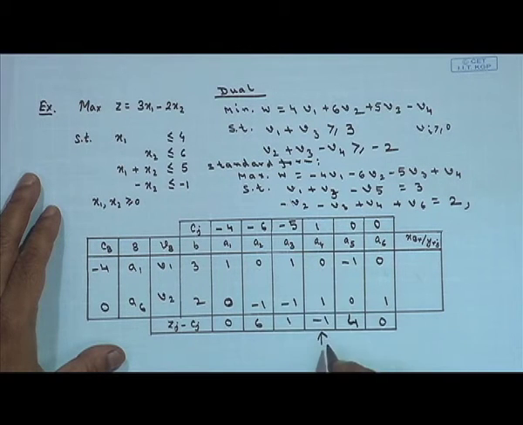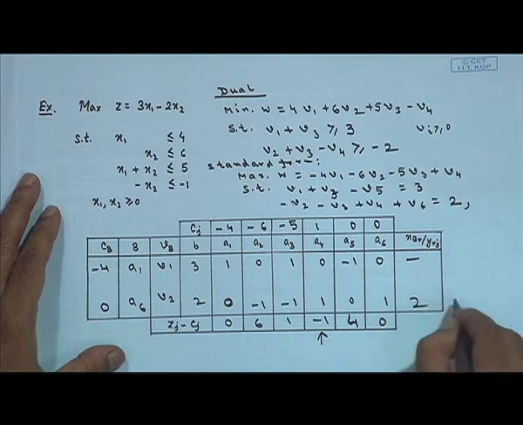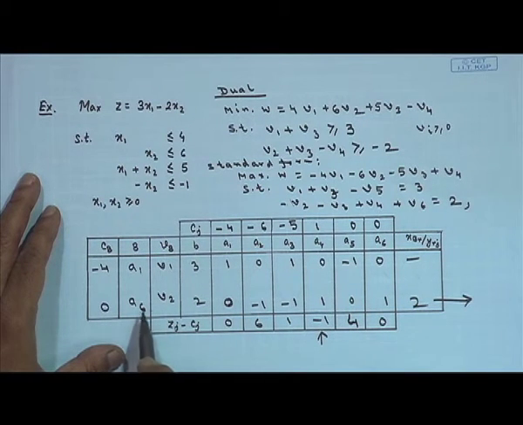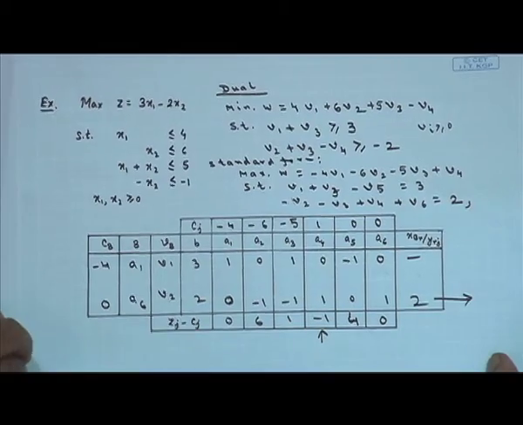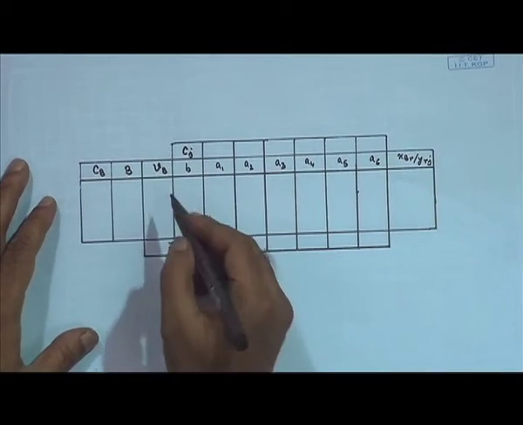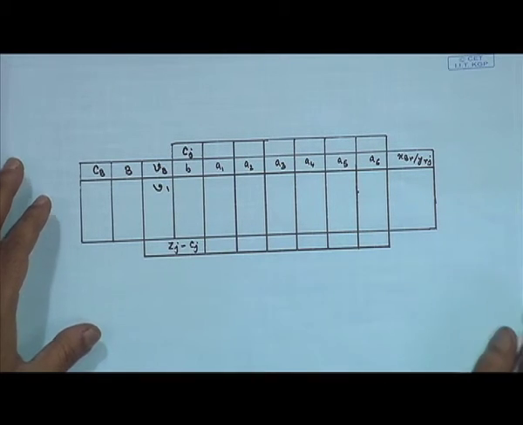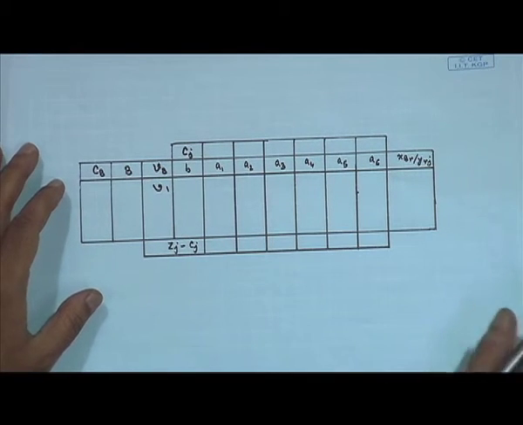So this is the most negative. The entering vector will be this one. So 3 by 0, you will not get anything, here you will get 2. Therefore your departing vector will be A6. So your entering vector is A4 and our departing vector is A6. From here we are making the next table. In the next table you will have V1 and V4,